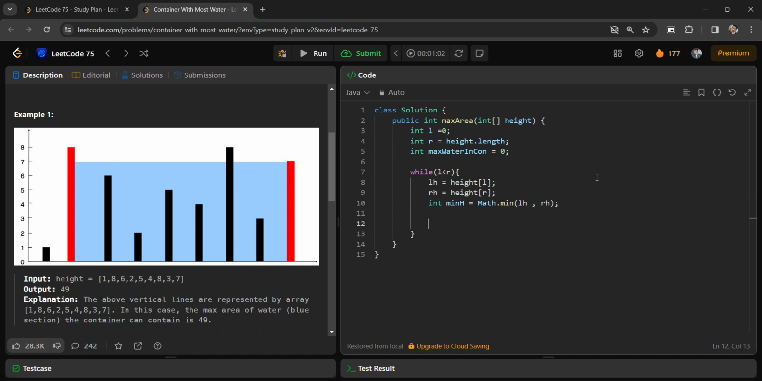After that we have to find the maximum water container. So max water container till now is empty, there is nothing in it. So we have to just do Math.max of what? First, that value itself, do we already have that maximum water in container? Do we already have? If yes,